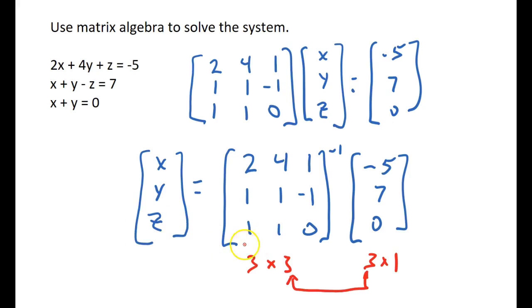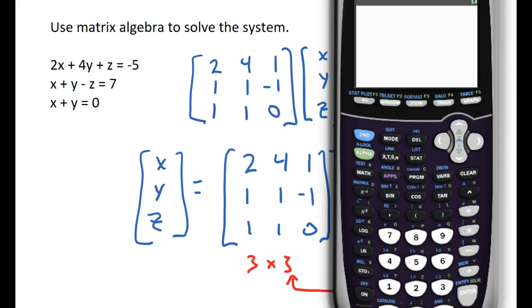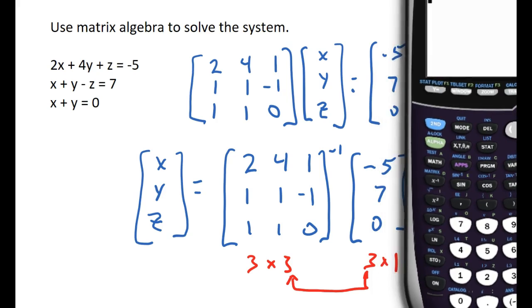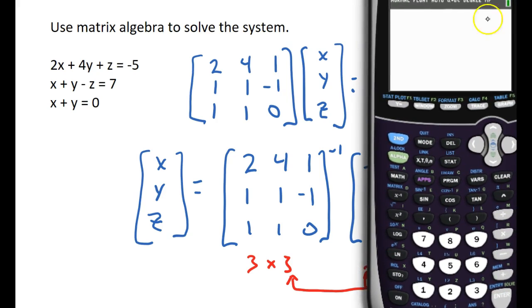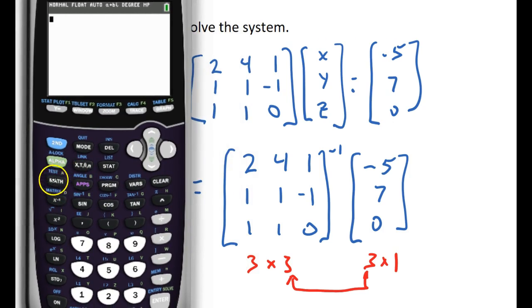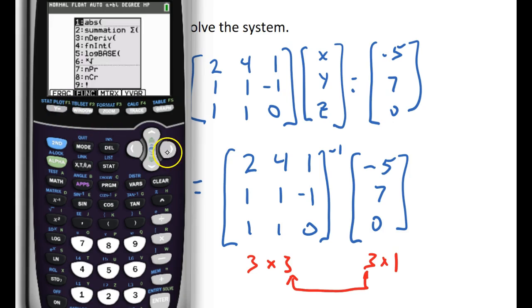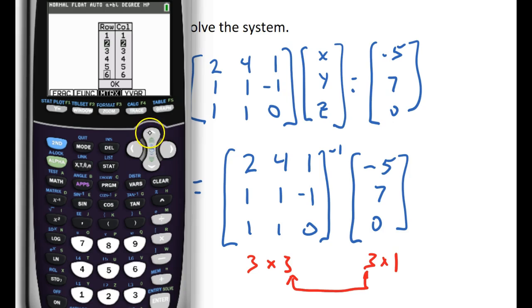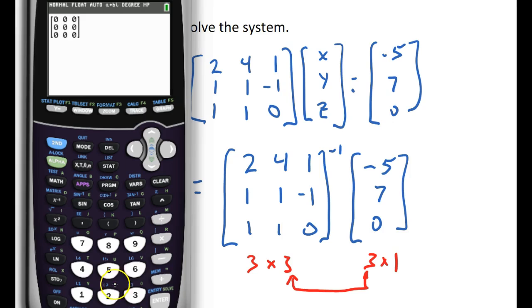Okay, so when we're at this point, time for our calculator. And I'm going to put this in just the way it looks, okay? I'll move it over here. How's that? Okay, so I'm going to go alpha F1, arrow over to matrix, and this time I need a 3 by 3. Okay, so I'm going to arrow over to 3, arrow down to OK, and I'm going to fill in my coefficients. 2, 4, 1,